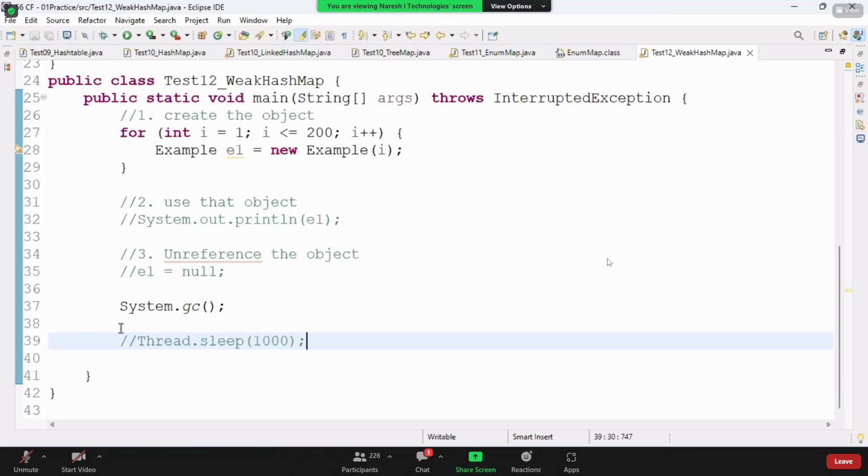We have a special JVM called garbage collector. Garbage collector is responsible for destroying the objects. Will JVM execute garbage collector automatically to destroy the unused objects? No. We have to request the JVM explicitly by using system.gc or by using a